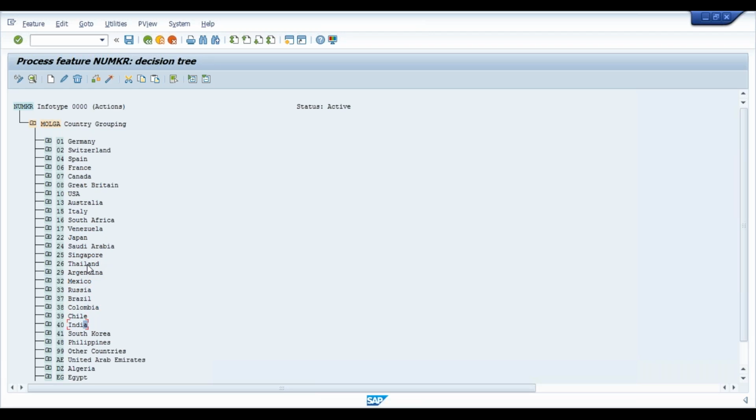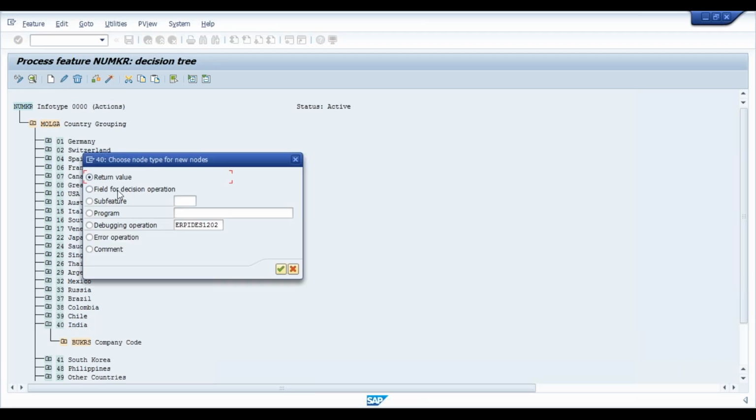So our configuration is related to India. So click on India, and further, if this BUKR, the company code, is not visible,